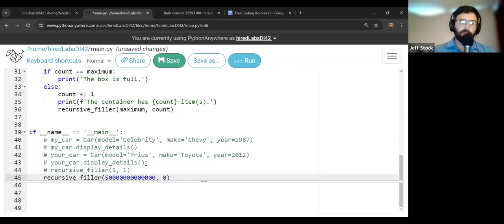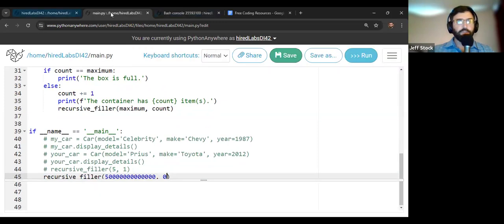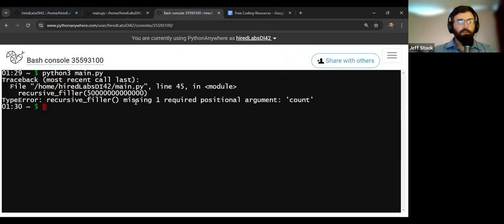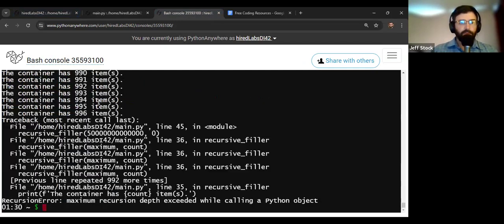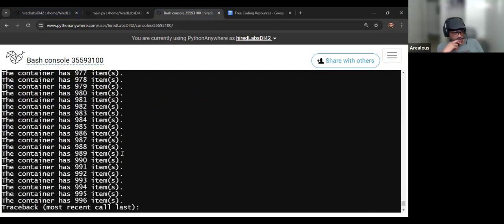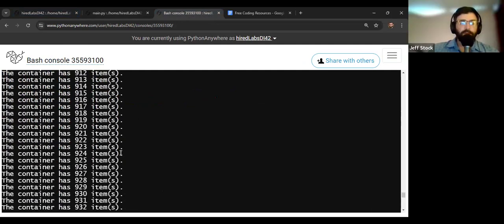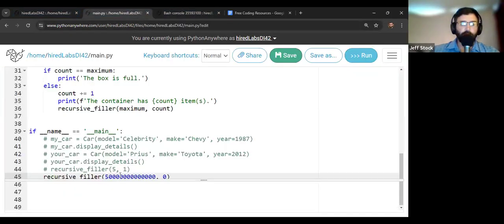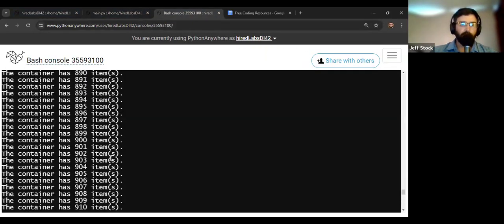I'm sorry, I forgot a positional argument there. So that's what this warning was telling me, that I was supposed to have 2 arguments and I only gave it 1. So let's try that again. I was supposed to give it the 2 inputs, right? The container maximum and the count that it started at. I forgot to give the starting count, so it gave me that warning, the not enough things.